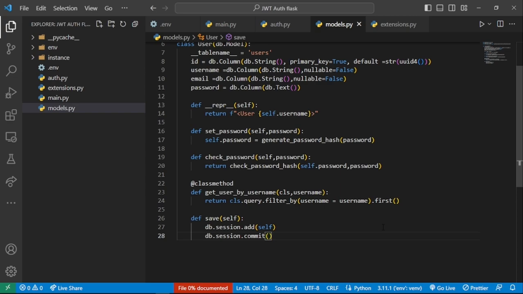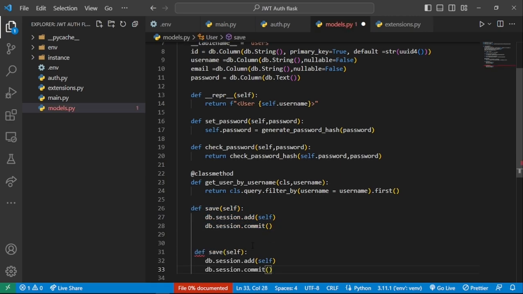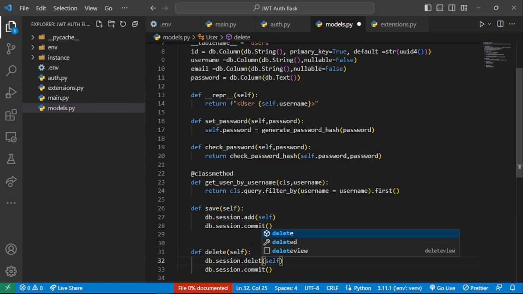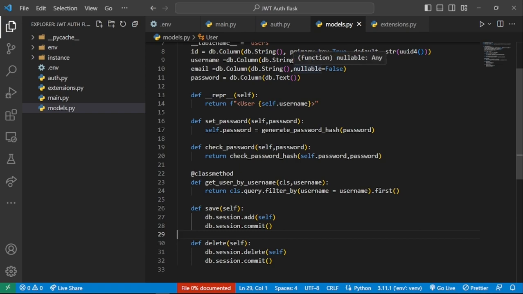We can also define one for deleting, so it's going to be the same thing. Just copy this. It will only change by deleting. So if we come and change this, it's going to be def delete, and what we shall have here is deleting the object, just like you see right here. So once we've been able to set this up, the next thing is for us to go ahead and